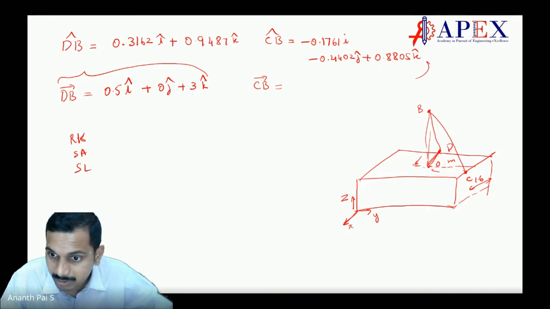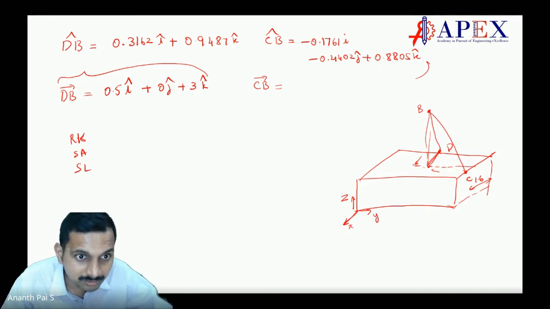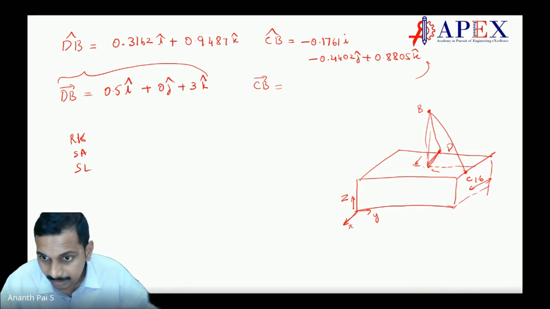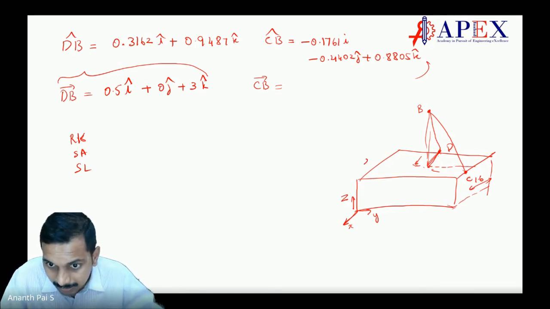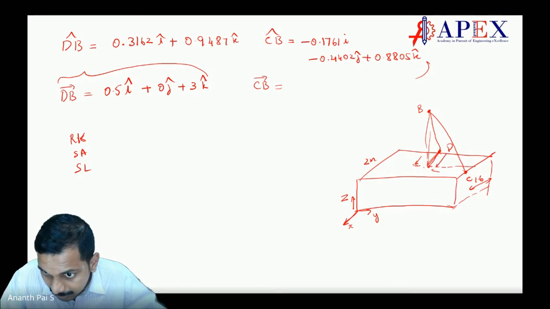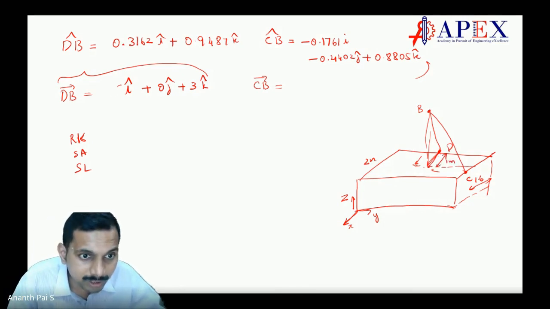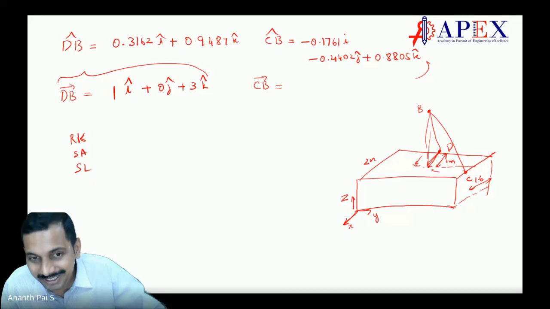I am very sorry, students. Then I have done a mistake here. This is wrong. I don't know how you said right. Because this is 2 meters. This is 1 meter, correct? Okay. So this has to be 1. I'm very sorry, students. 1. That is what I was wondering. I thought I had gone wrong with this.